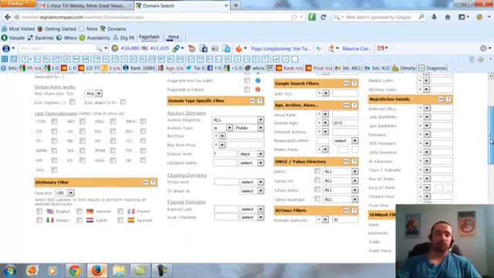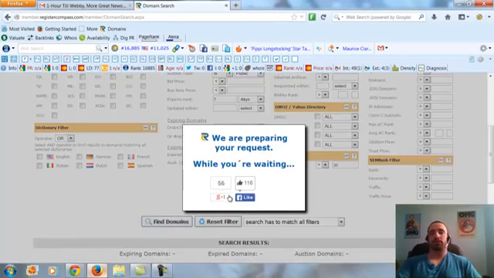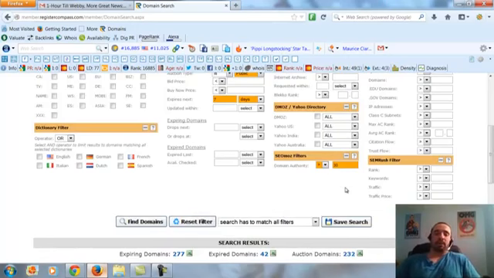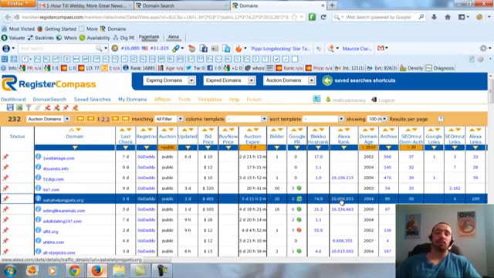These all start at $12, and we will do find domains. Now, the biggest thing about getting domains for cheap is putting more time into the research phase. All right, the biggest mistake a lot of people make is they get stuck on domains. What I mean is, they'll find a domain they really, really like, they'll set their clock for the auction end time, and they'll get in bidding wars with people, and they'll pay a lot more than they should be paying for the domain. When really what they can do is spend more time on the research phase.